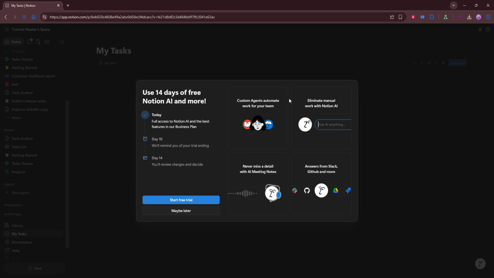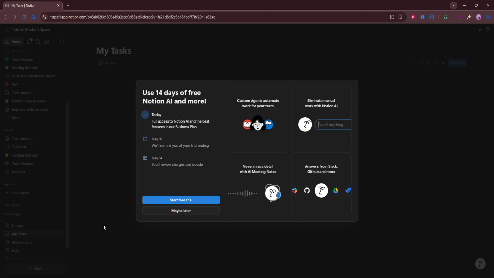After you've opened the agent, look for the connections or tools section. The exact label may vary slightly depending on the version of the interface you're using, but this is the area where external capabilities and integrations are usually managed. Take a moment to make sure you're in the right place before moving on, because this is where the MCP